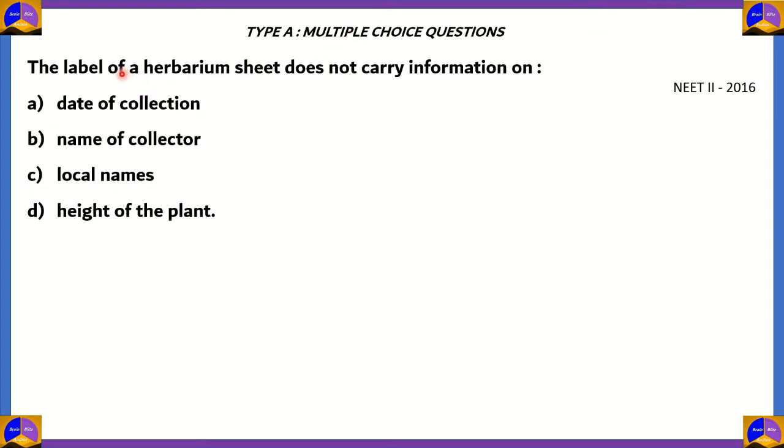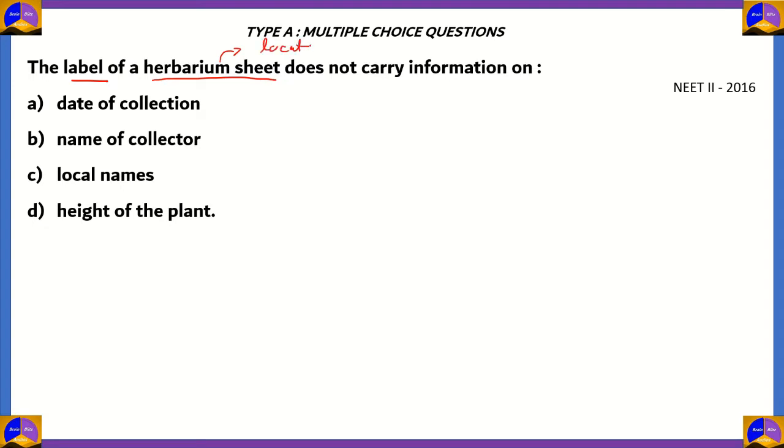Our first question was asked in 2016. The label of a herbarium sheet does not contain information on the date of collection, the name of the collector, the local names, and the height of the plant. So, in order to understand what the question is talking about, we need to know what a herbarium sheet is, and the label. So, a herbarium is a